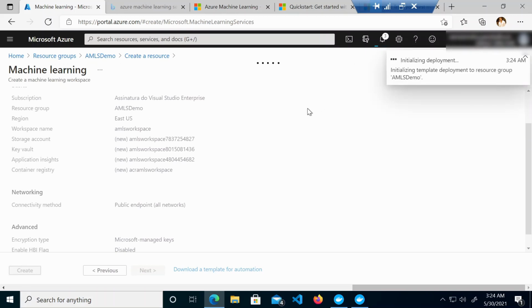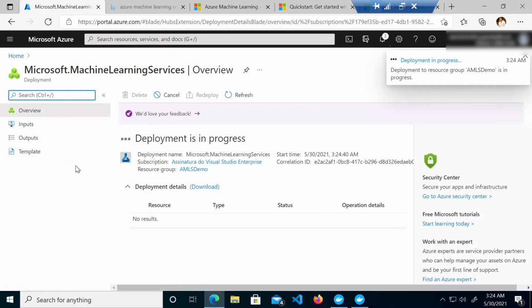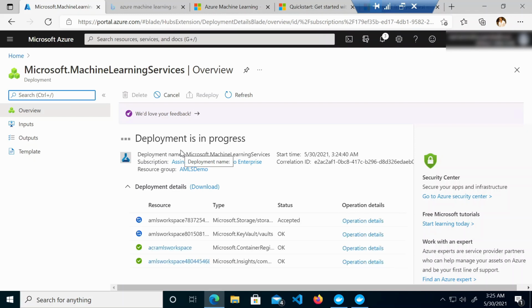Now let me talk about why these resources are getting provisioned, like what is the use of these resources. For the Azure Machine Learning service to work, you need a storage account, because Azure Machine Learning service will keep the logs and other information in that storage account. That is the reason why the storage account is getting created.